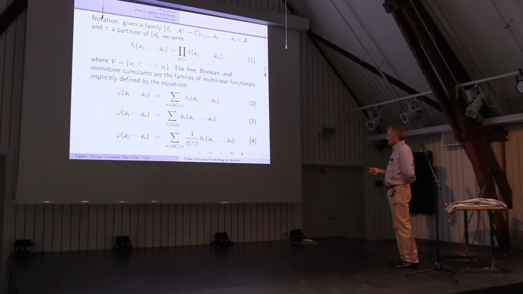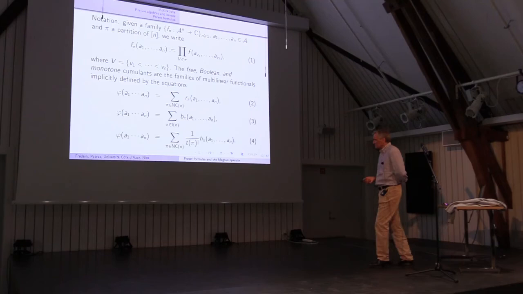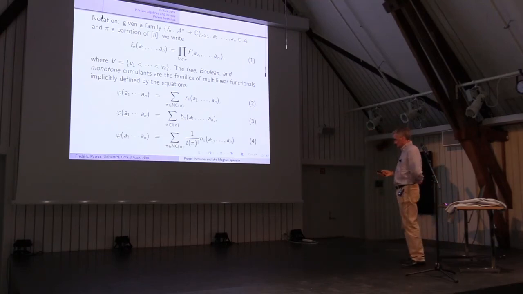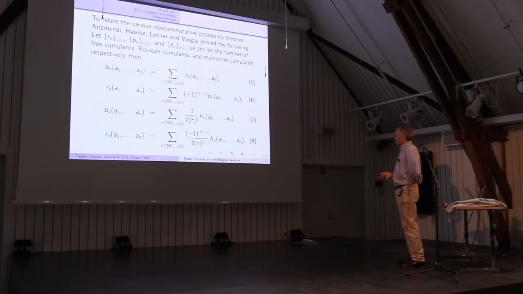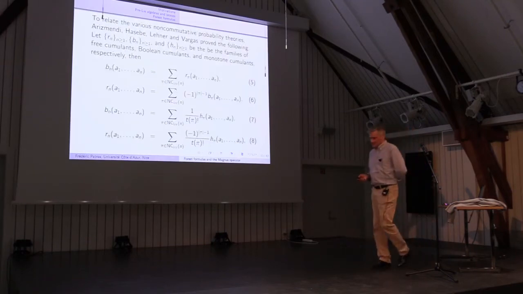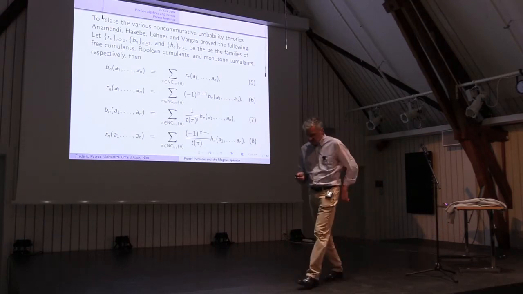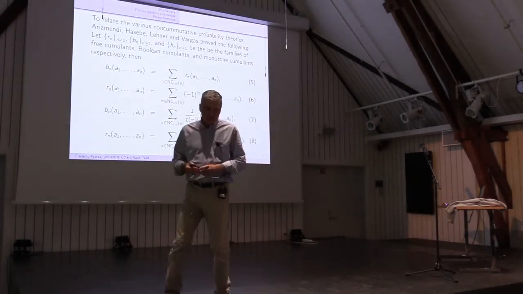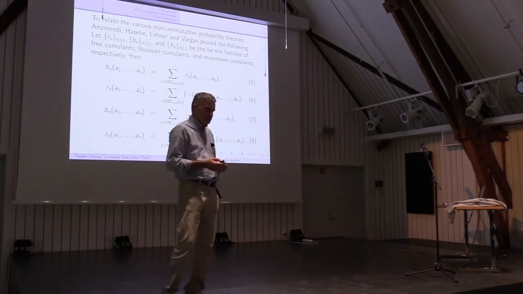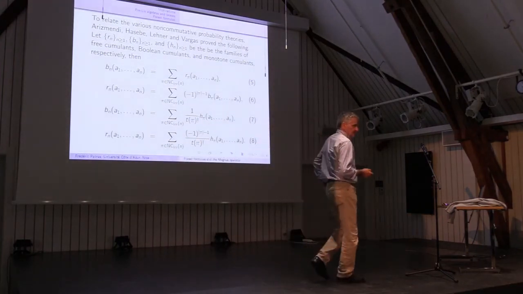The definition is the same as free probability, but with some combinatorial coefficient, which is called the tree factorial, appearing. So this is the factorial associated to a non-crossing partition that is appearing here. I don't want to define it, but this is a simple and standard definition in combinatorics. So the question that has aroused interest among people doing non-commutative probability was to relate these various theories.